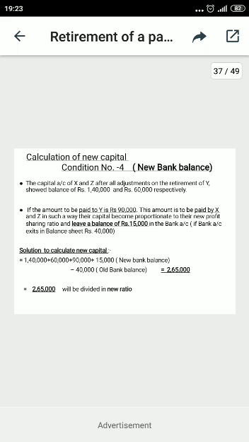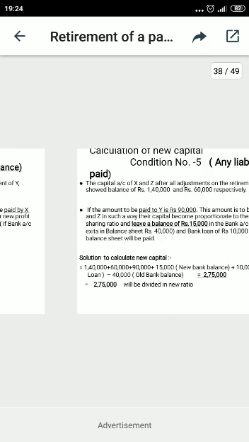If you are not considering the new cash balance, then the old balance will not be considered. Only when the new requirement of the balance is added, only then the old balance will be subtracted. So here the balance needed, 15,000, is added to them. 90,000 has been taken because the payment is going to Y. So that's why it is also a requirement. So all the requirements are to be added here to calculate the total amount of new capitals.